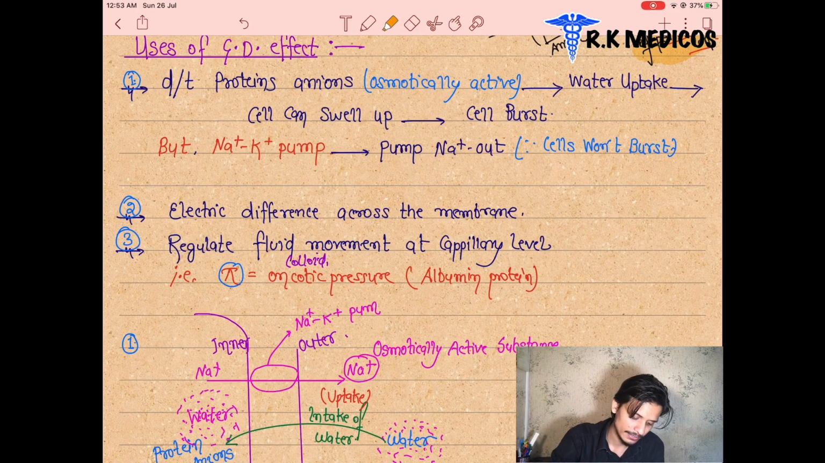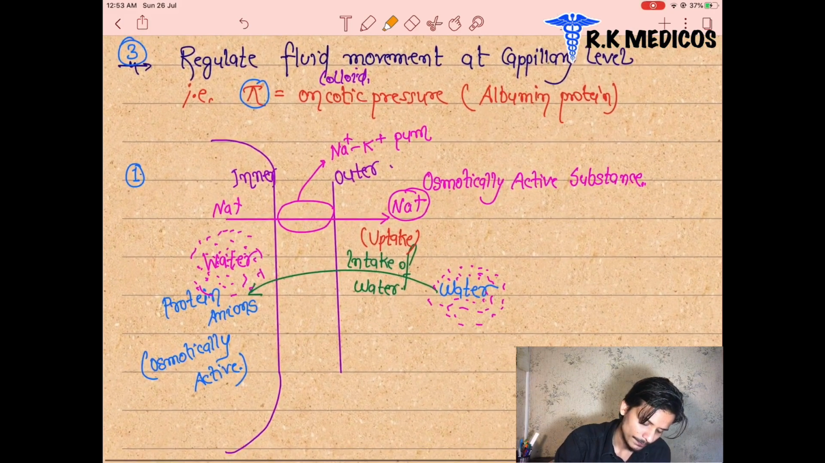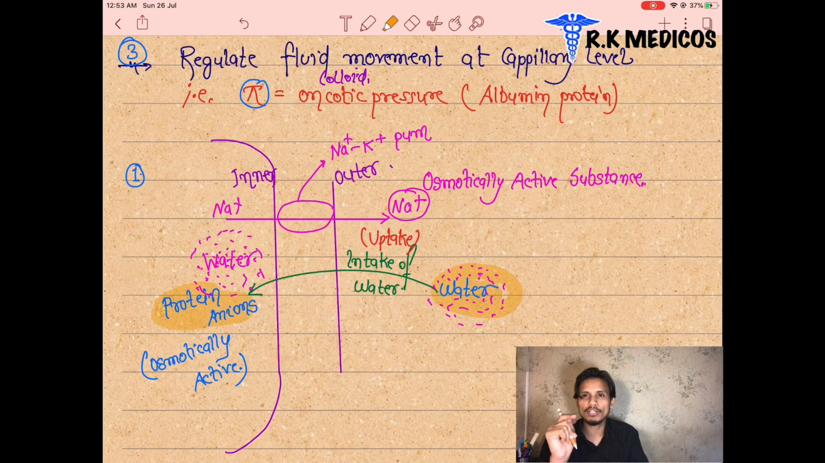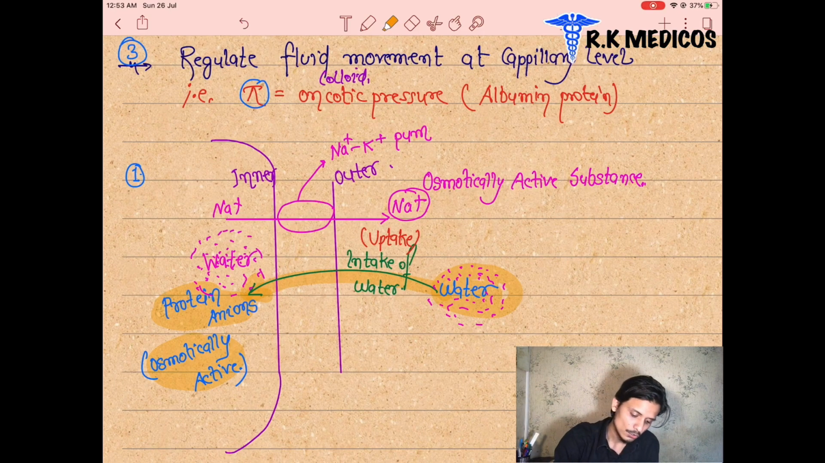Now you can see here, water is present, and here protein molecules are present. I already told you proteins are osmotically active substances, and all osmotically active substances are going to attract fluid. So all the water moves inside the cell, and the cell gets swollen, and after that it bursts. But before the cell bursts, to prevent the bursting of the cell, there is a special type of pump present on the cell,